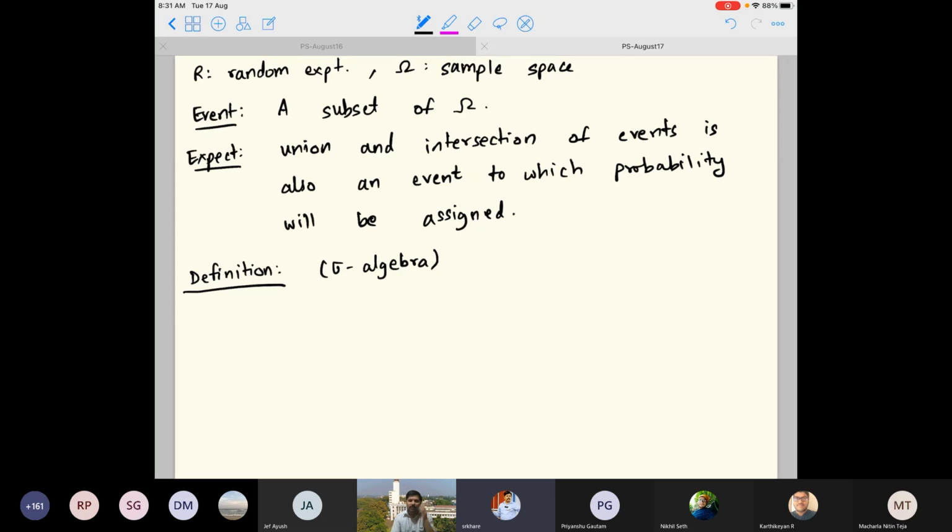So that's why I just said, maybe with union and intersection, I should write complement also. Complement of an event also is an event. Complement of an event should have the same property, right? So once you have these, then all other things are straightforward, right? So that is the first thing that we will formalize in this definition of sigma algebra. So let us write this definition down. So a collection of sets,